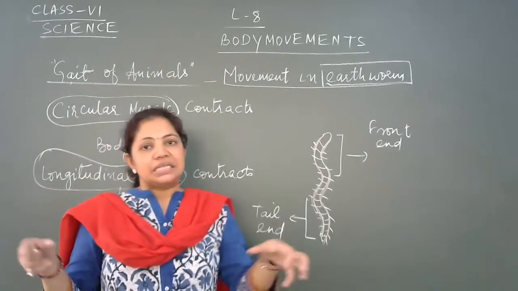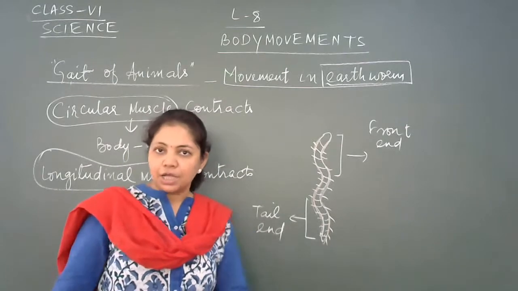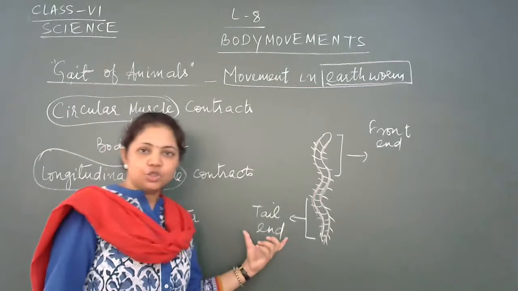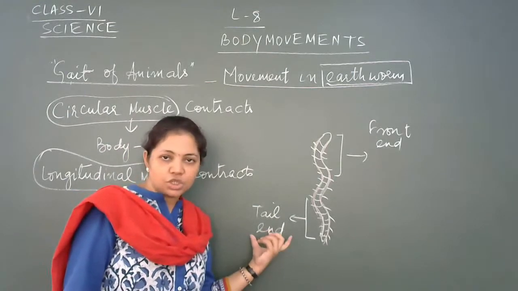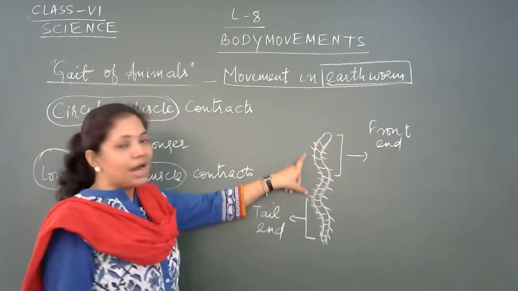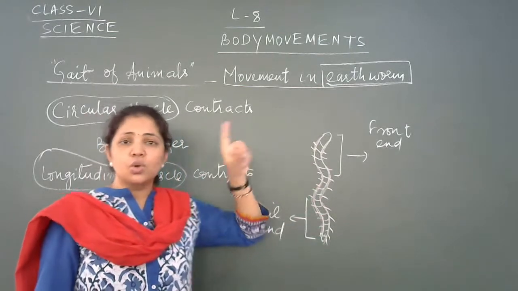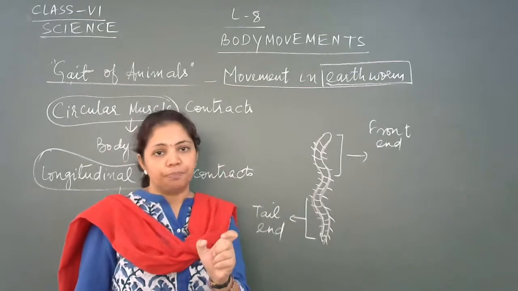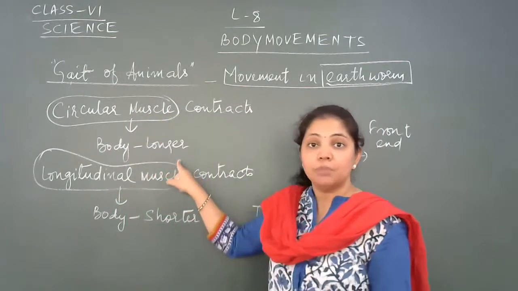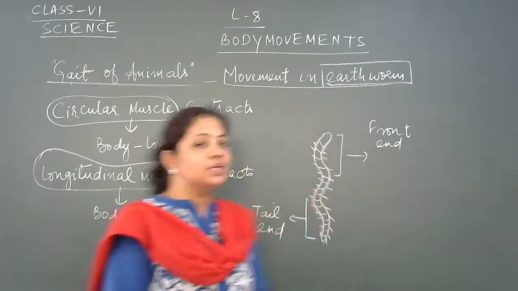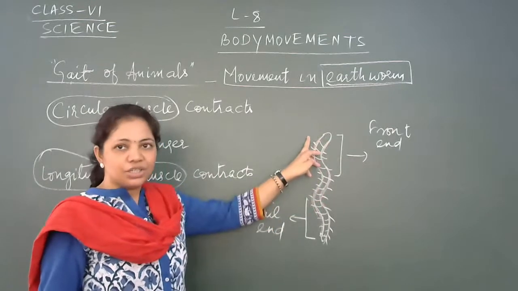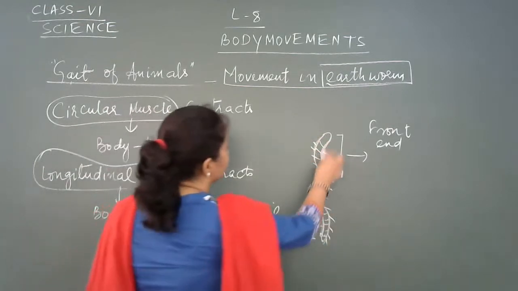अर्थवॉर्म ने पहले सीटे को सॉइल के अंदर फिक्स कर लिया, तो उसकी बॉडी अर्थ पे फिक्स हो गई। तो जो उसका पीछे वाला पार्ट है, जो टेल की तरफ का पार्ट है, रियर पार्ट जिसको कहते हैं, वो अर्थ पे फिक्स हो जाता है। जिसके फ्रंट पार्ट की बॉडी में जो सर्कुलर मसल्स हैं वो कॉन्ट्रैक्ट होती हैं, राइट? Now we know that when circular muscles contract, body becomes longer. So what happens? सो इन दिस पर्टिकुलर पार्ट, यहाँ पे सर्कुलर मसल्स कॉन्ट्रैक्ट होंगे तो उसकी बॉडी थोड़ी सी लंबी हो जाती है,